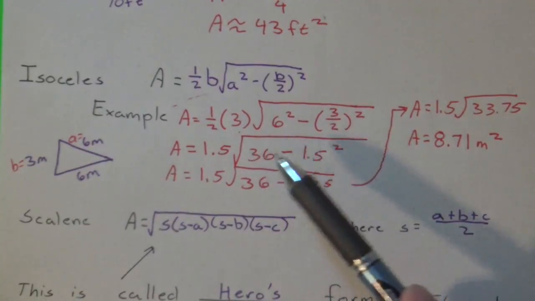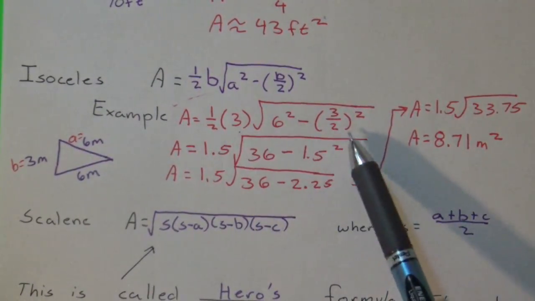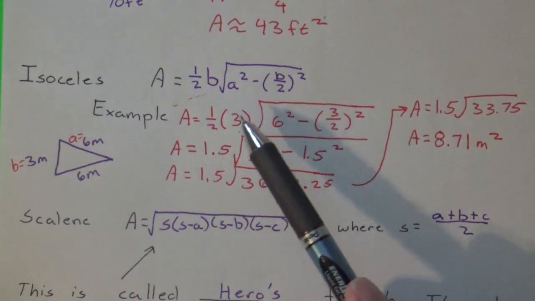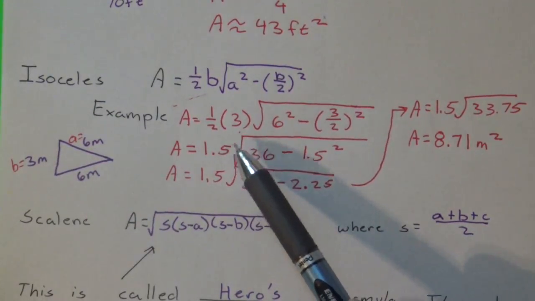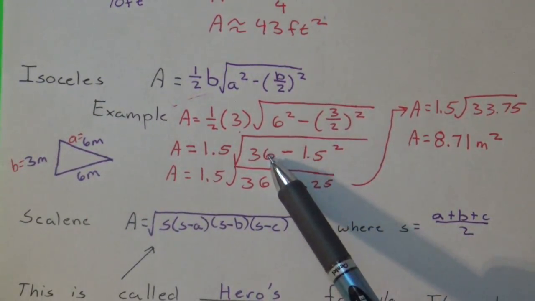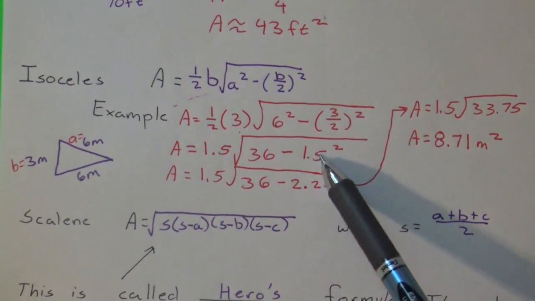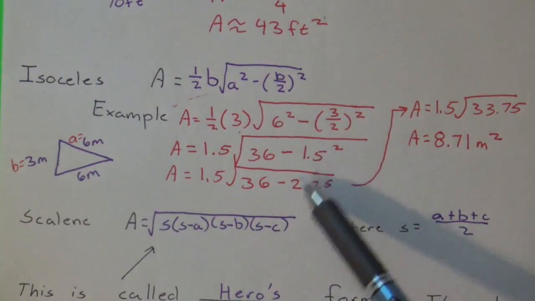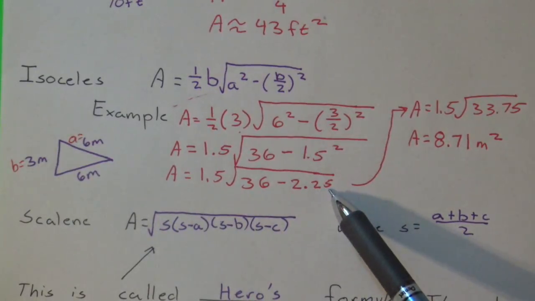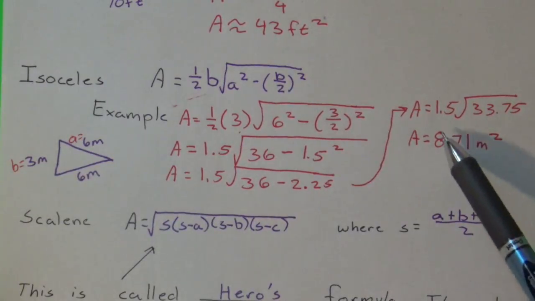Well, when we plug in our values, remember, try to work piece by piece, don't throw all this into the calculator first. So you know that 1/2 times 3 is 1.5. You know that 6 squared is 36, and you know that 3 divided by 2 is 1.5. So we've worked it out a little farther. Now work out the 1.5 squared. Well, 1.5 squared gives me 2.25. Now let's work it out a little farther. 36 minus 2.25, and I get